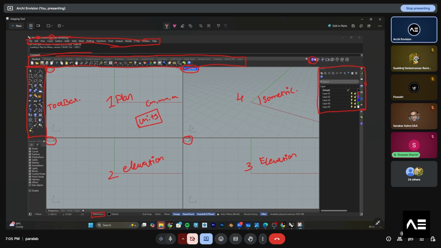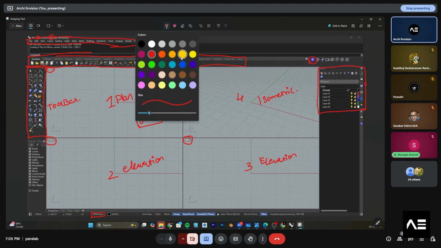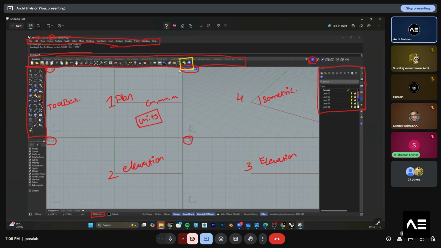And I have installed DeFi live sync. And there is one more interesting thing over here, which is called Grasshopper, which is in green color, right? This Rhino 8 will have an already pre-installed plugin called Grasshopper. So Grasshopper is nothing but a plugin which is already installed in Rhino 8.